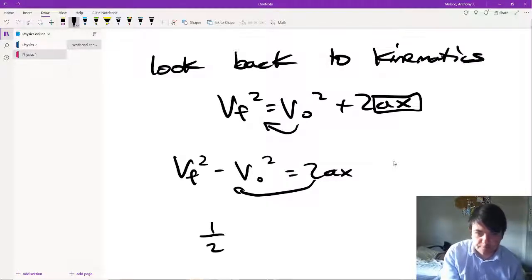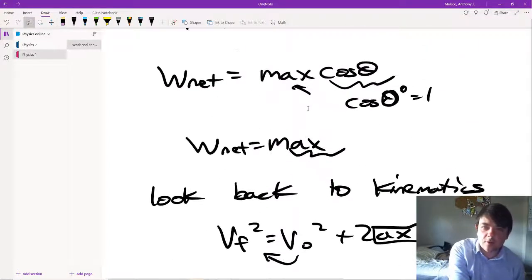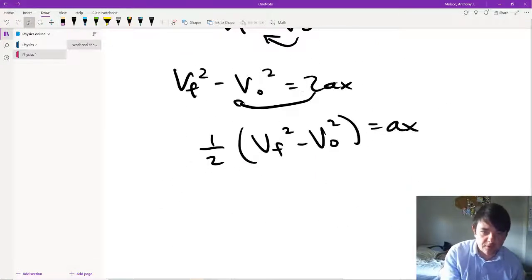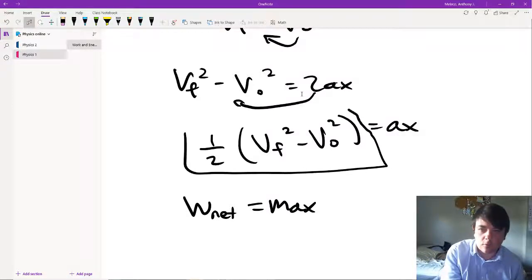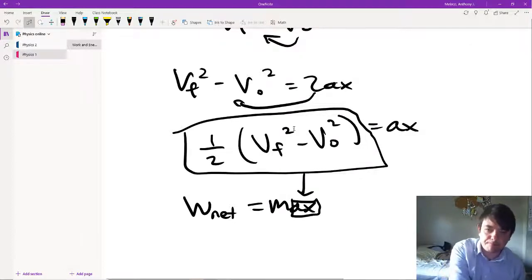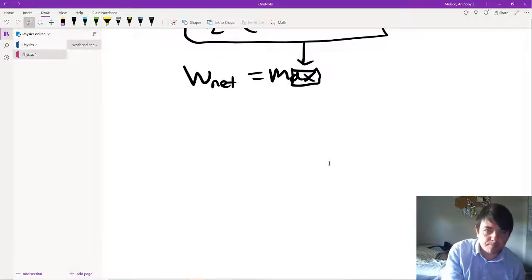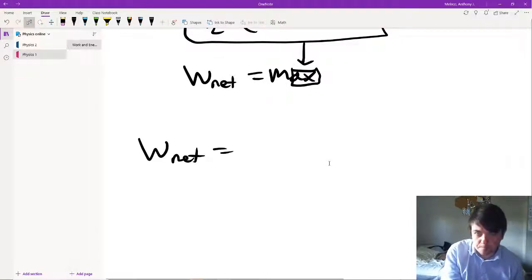So 1/2 v final squared minus v initial squared equals ax. And so now what we can do is plug that in right there. So we can say work net equals max, and we can substitute in right there. So we get the net work on something equals 1/2 m